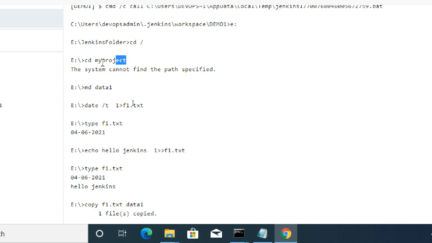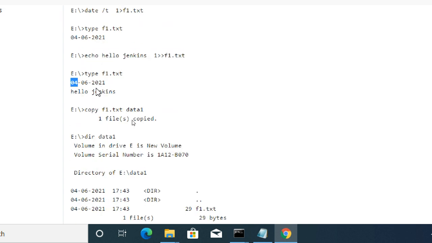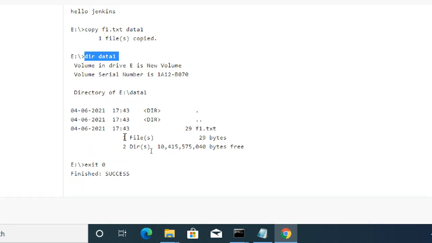But I gave something, my projects or my project, so that's the wrong one. But it created a data1 directory and created a file. Display echo, you can see, type both lines, copy dir data1, and the file is showing. Finally success.